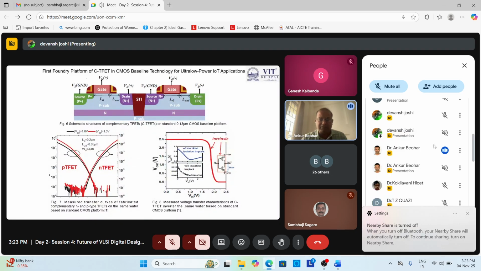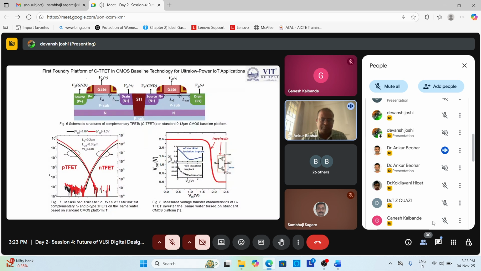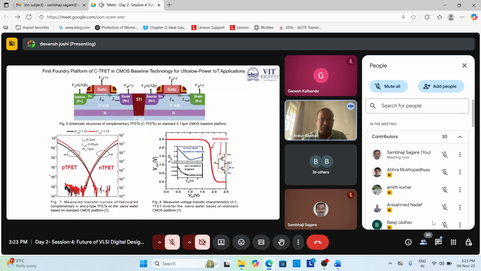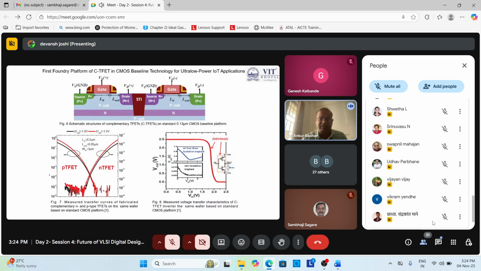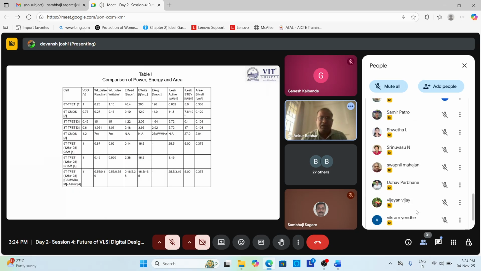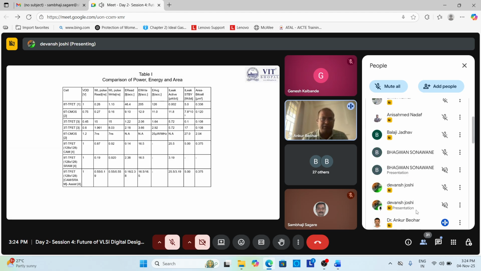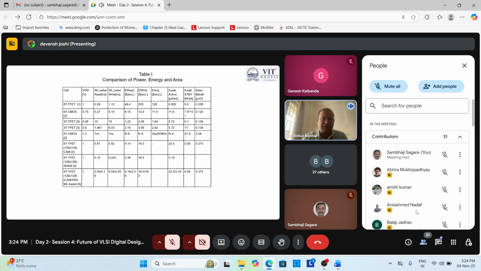Here you can see the VTC curve, the voltage transfer characteristics, measured on the same wafer of the standard CMOS platform, defined as the output voltage with respect to the input voltage. What happened, due to the low power capability at the low threshold, is that we found very low leakage in that CMOS inverter design. And once we have the design, we have comparative data for the read, write and other leakage